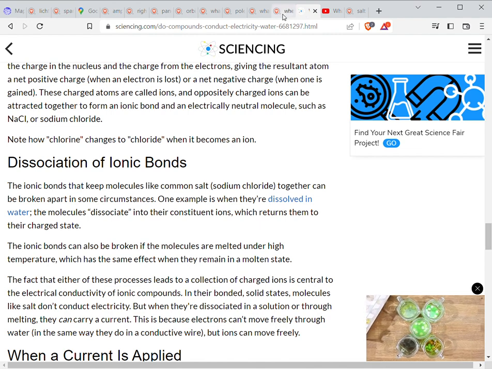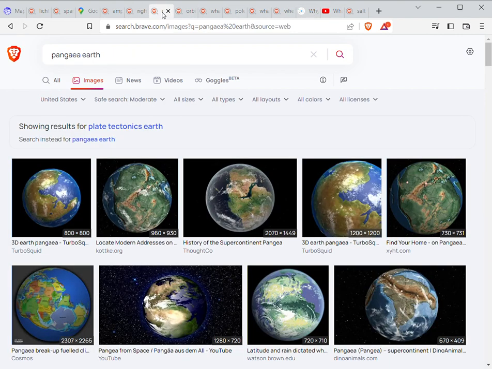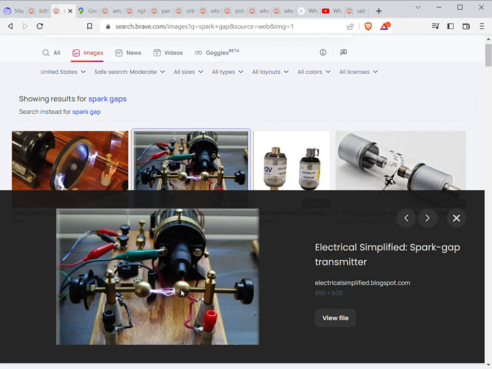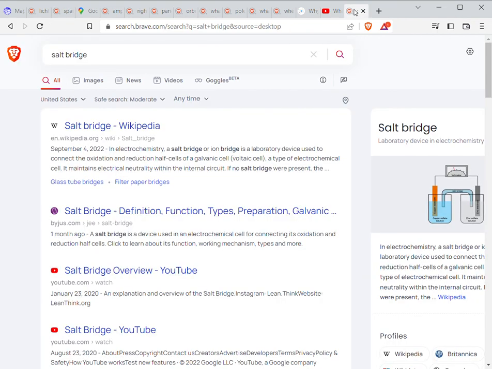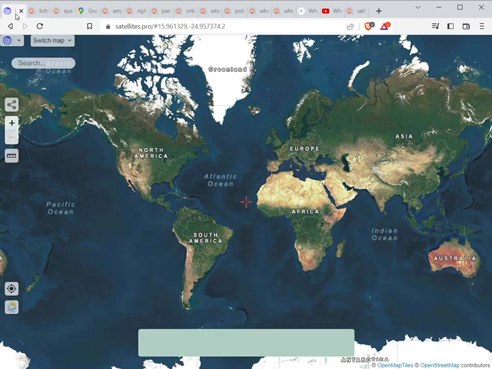I like this article. If you can learn stuff, we're going to talk more about him later. But if you can learn stuff, it's good in my book. And when I was learning some of these concepts, the salt bridge definitely jumped out at me. Seeing stuff like this, yeah, it is awesome. But then when you're applying it to this scale, it's kind of scary.